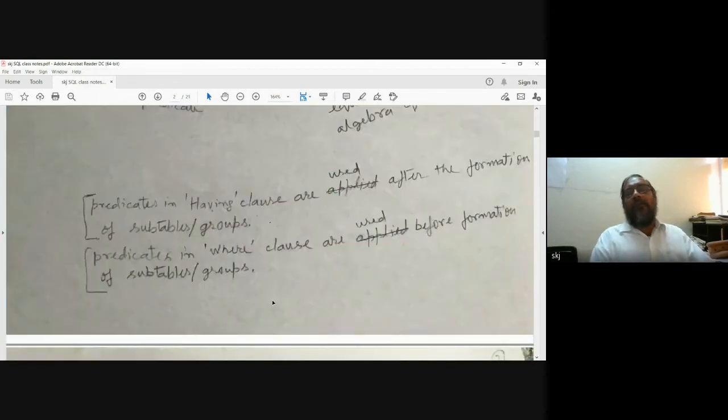Predicates in the having clause are used after the formation of subtable groups. In the having clause, we apply the condition when groups or subtables have been formed. Predicates in the where clause are used before formation of subtables.